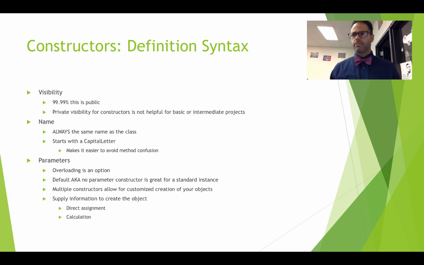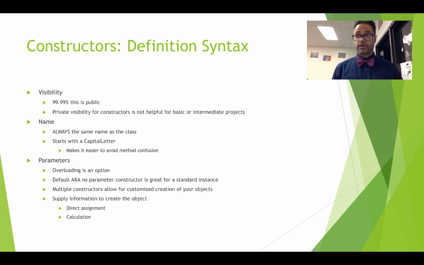Other things don't need to worry about building that, so you don't have to worry about restricting build access to just the one single file you're working with. And so with that as the case, our constructors are going to be public 99.9% of the time. The name has to match the class. Capitals matter. So make sure when you're designing your class that you remember that rule of Java design,